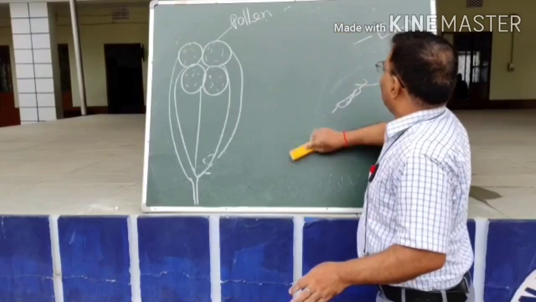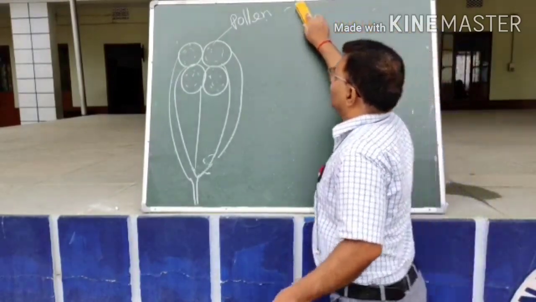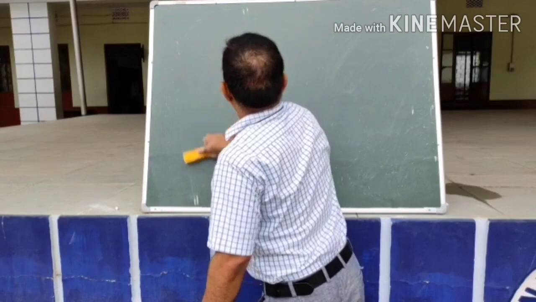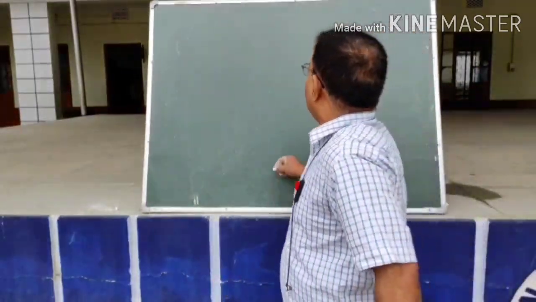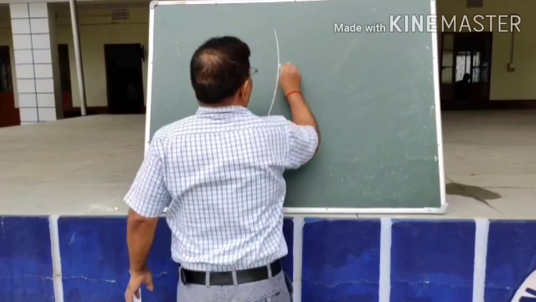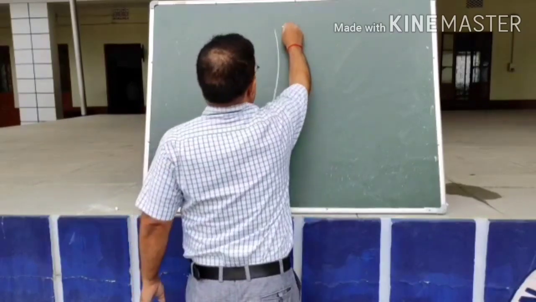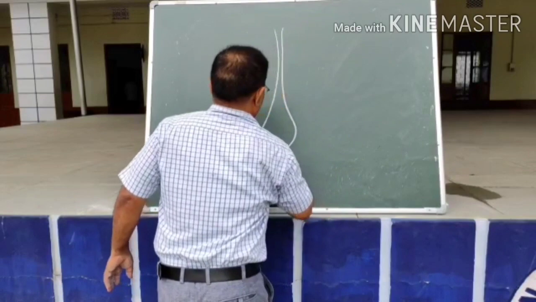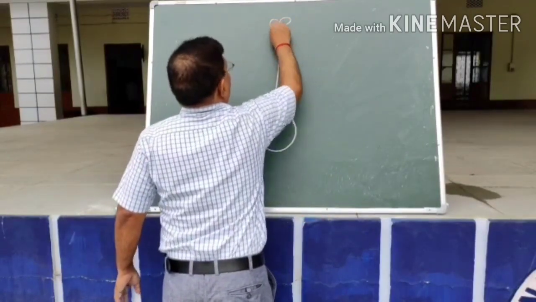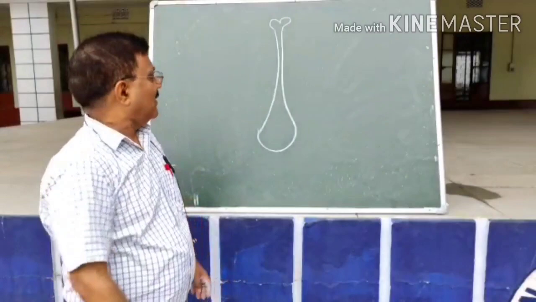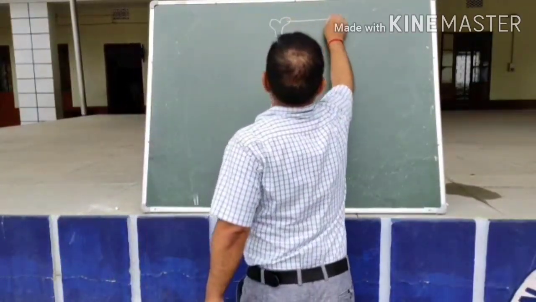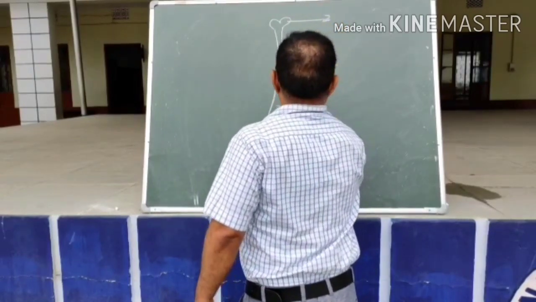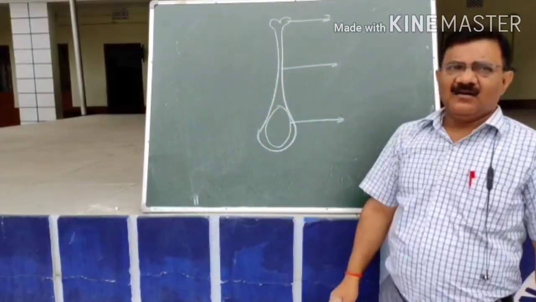So dear children, this male part is clear. Now, androecium means stamen is clear. Let us go to the female part. The female part is gynoecium. Let us see the detail of the gynoecium. What does the gynoecium contain? Gynoecium is like this. There are three important parts of gynoecium.